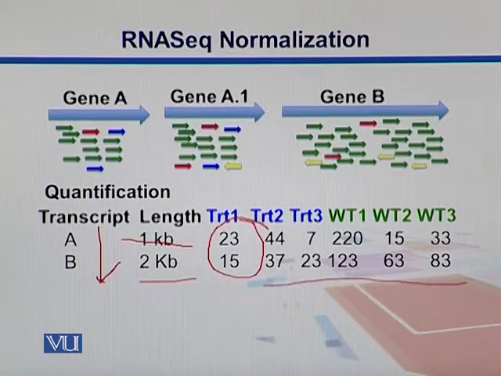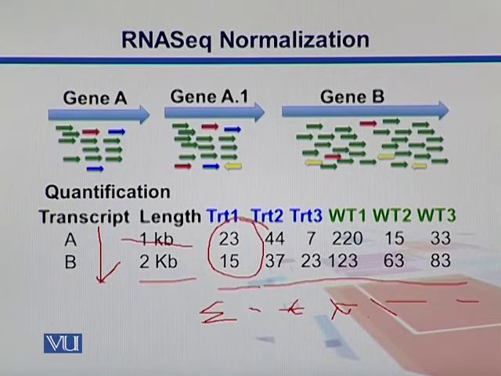In the second case, if you look at treatment 1, treatment 2, treatment 3, these are all different samples. So they have been sequenced maybe using different lanes within the sequencer. So we can have a summation of total reads coming from here. For example, 38 here may be 44 plus 37 and so on. So we have overall different numbers of reads as far as these samples are concerned. So different samples come from different lanes.